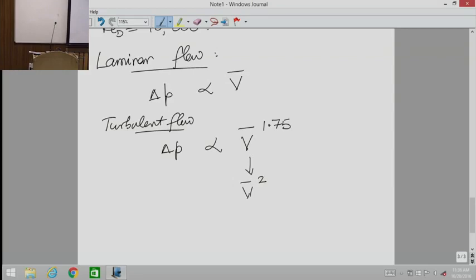For laminar flow, this you can even see from the solutions which you got. We got delta P as a function of flow rate, and it turns out to be just a linear function. So it's proportional to the average velocity. But in turbulent flow, the pressure drop in the pipe is proportional to V squared. So one of the problems with turbulent flows is that it requires more energy, because for a given pressure drop, it keeps on increasing, and as V increases, the flow becomes turbulent. So you require more and more energy for the turbulent flow.